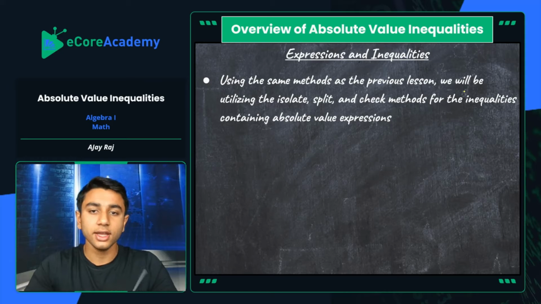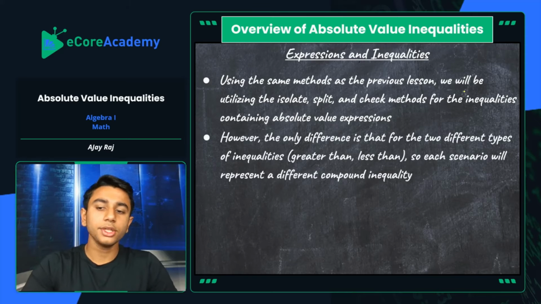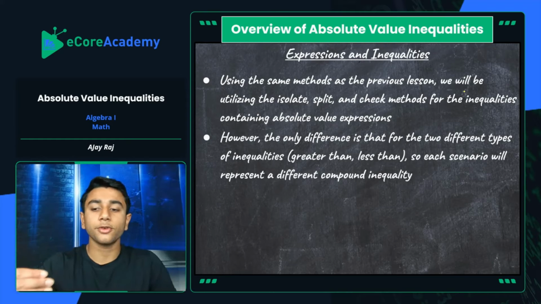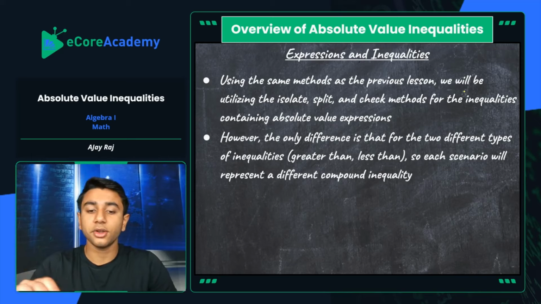So you're flipping the sign, changing the sign, making them opposites, making 2 equations opposites. And the only difference in absolute value inequalities when you're solving them is that there are 2 different types of inequalities, for greater than and less than, and each scenario will represent a different compound inequality. So just to give you a little spoiler, you're just going to be solving these absolute value inequalities just as